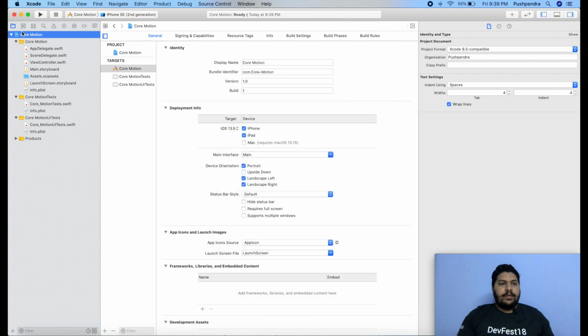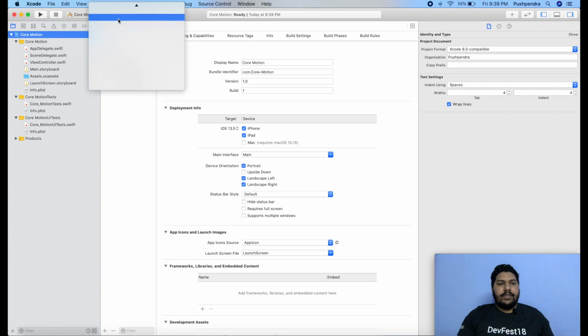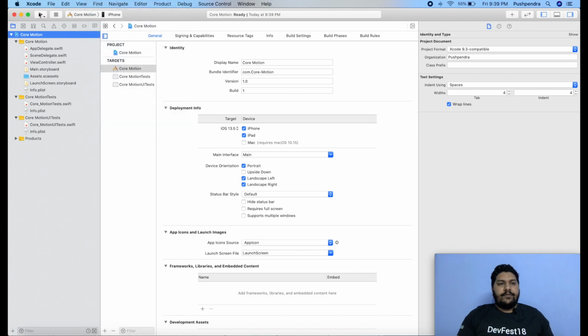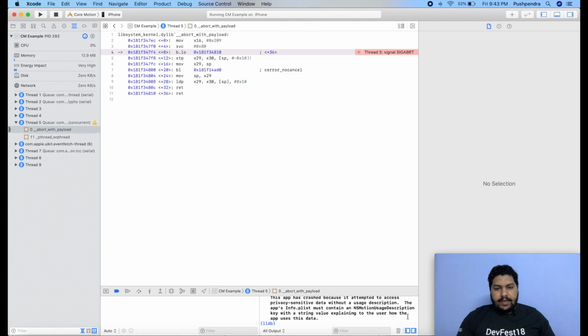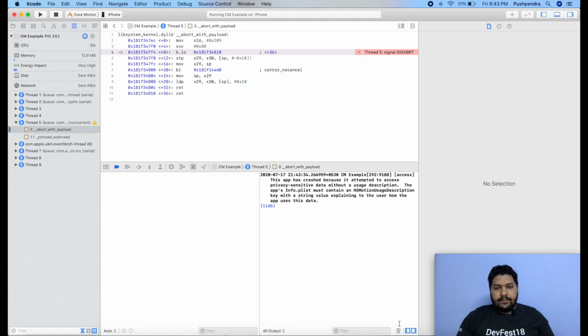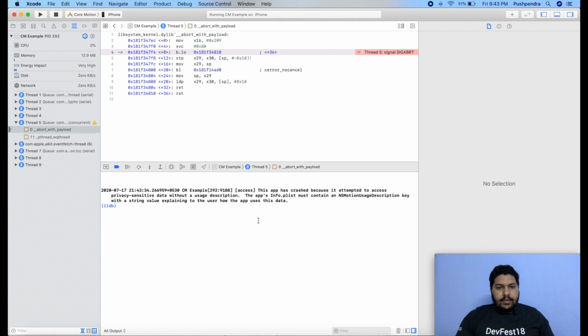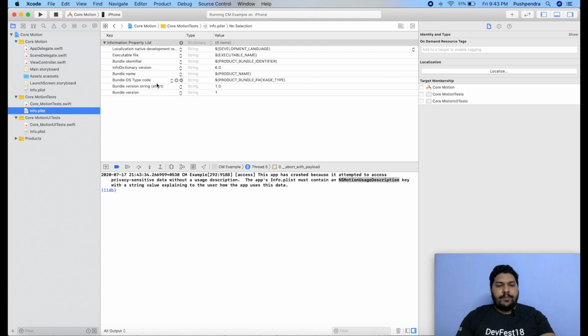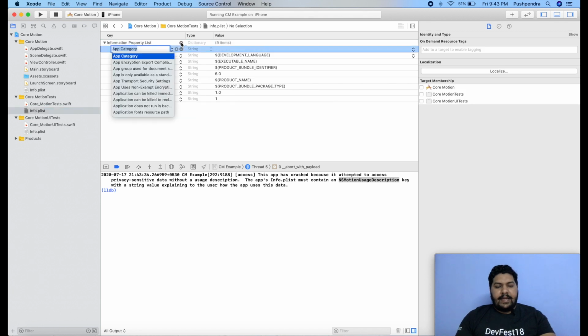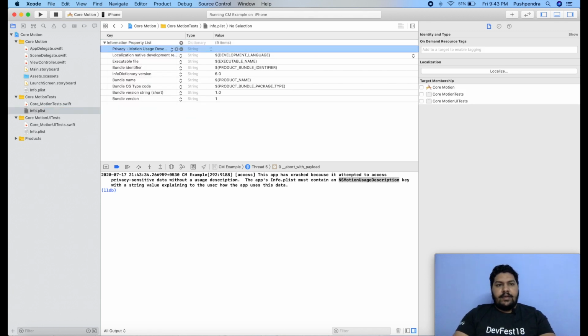So from here, downgrade the version. Now my iPhone is visible. So my application has been launched and it's returning some error. It's saying that I need to give some description, NS Motion description. So I will copy this and I will open my info plist and I will add this condition, and over